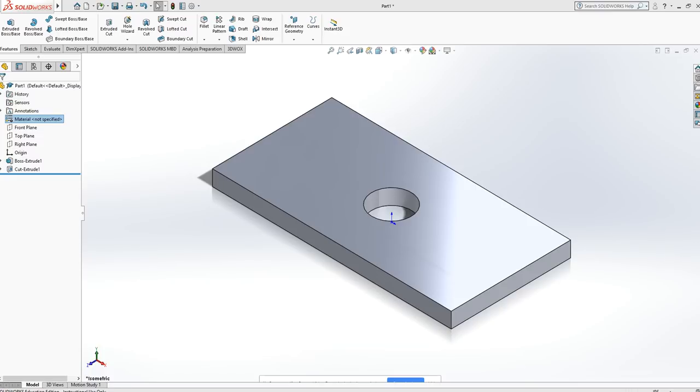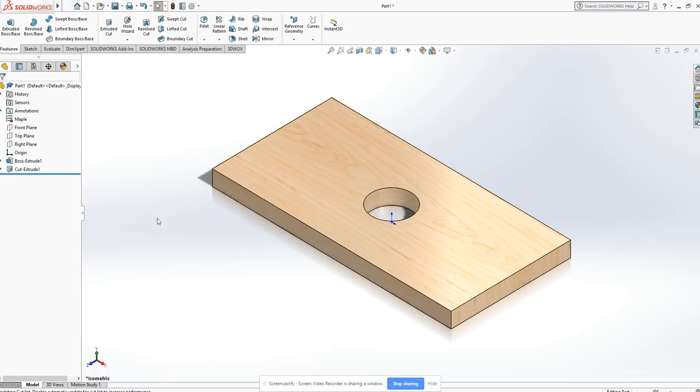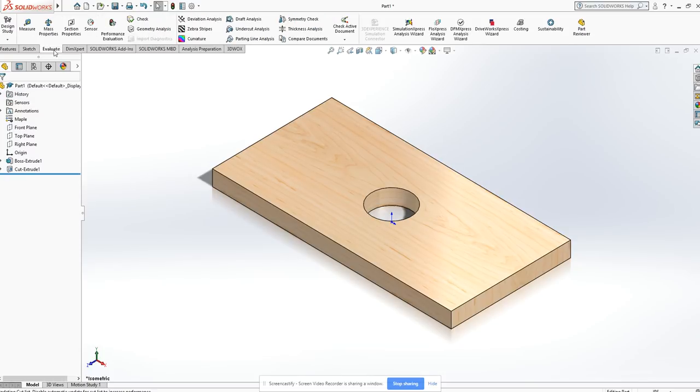You'll see all sorts of big numbers here, but basically when I apply that this was made out of maple, not only will it change the appearance and make it now look like maple, but if I go to evaluate and I go to mass properties, I can also see that if this was made of maple, it would weigh exactly 0.11 pounds. Got the density, the volume, how much surface area there is, the center of mass, all sorts of great information here that I might be asked for as I make drawings in the future, especially this mass right here. I can go ahead and close that, and I will save this